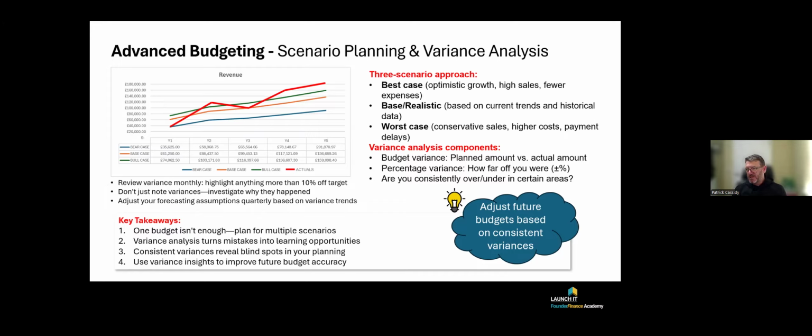And when you're modeling out those scenarios, you need to be really specific about what's going to happen in the business. So, in a best case scenario, you're optimistic about the growth prospects within your business. So this might be growing at double digit year on year. So maybe it's 10%, 15%, 20%, whatever is realistic and whatever you think is achievable within your business.